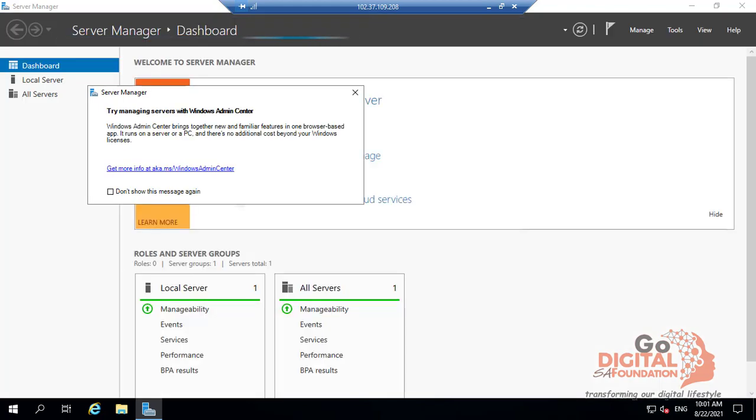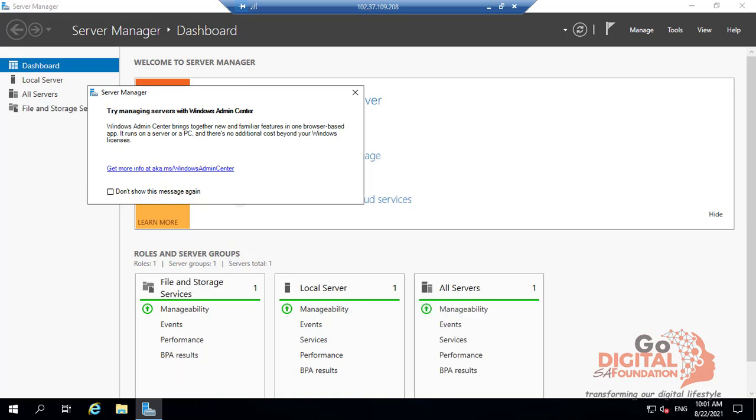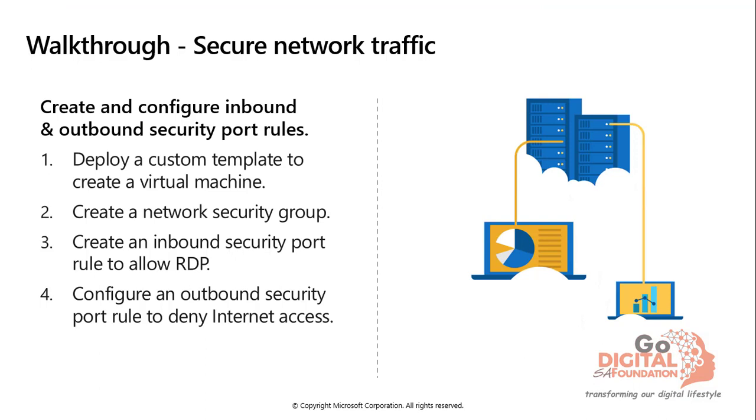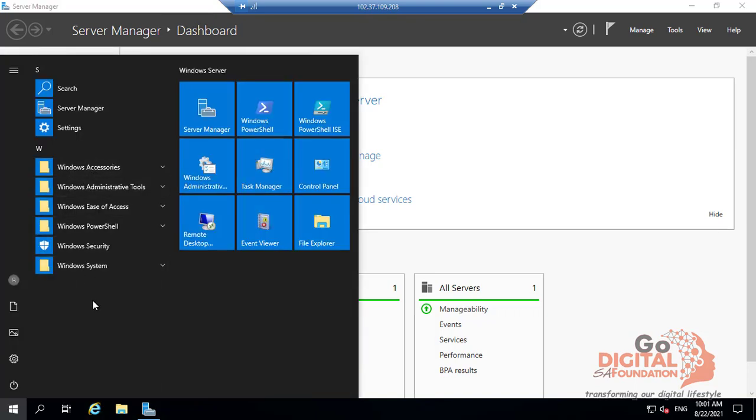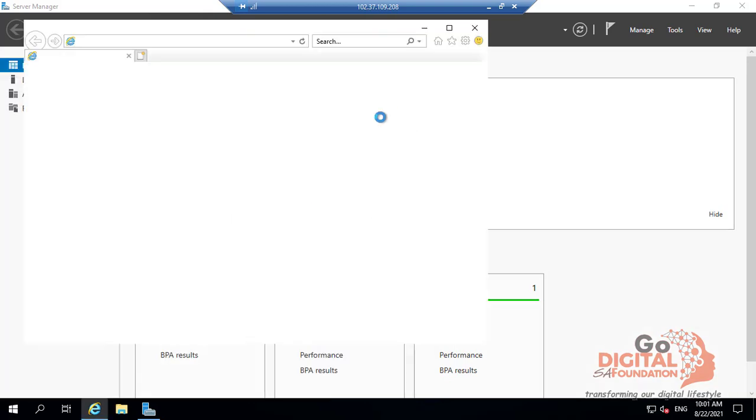Now the other thing that we need to set up is to configure an outbound security port rule that will deny internet access onto our virtual machine. So how are we going to do this? Let's go back to this and see maybe if we can open up Internet Explorer. I don't know why they don't have Edge, but for security reasons,